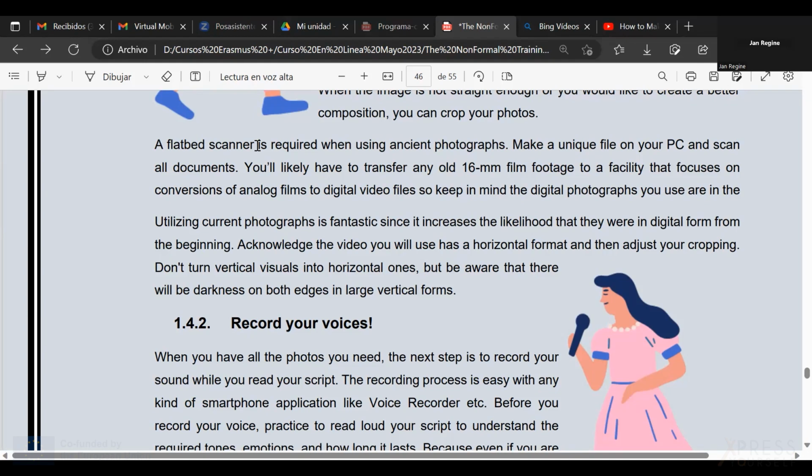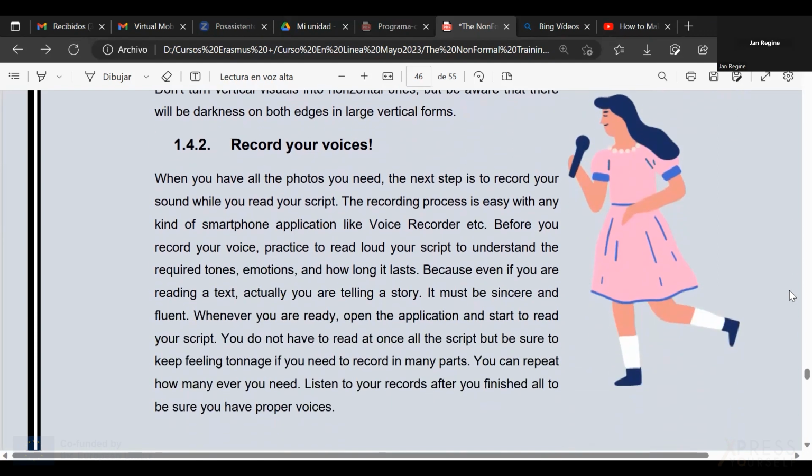The tools that you will need for that. Then we go into recording our voices, right? In order to record our voices, it is important again that we use proper tools. Some video and photo editing programs or applications have the option of including recording of your voice that you can take with any recorder that is by default in your smartphone or your device.